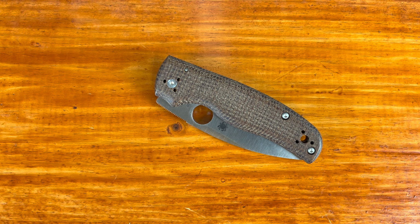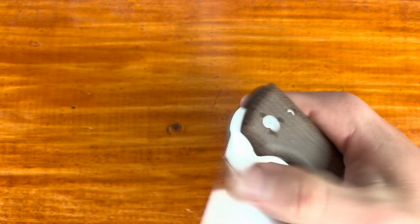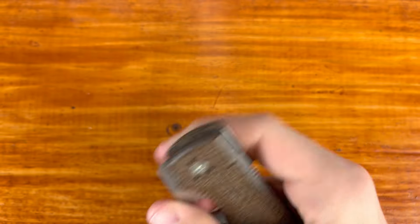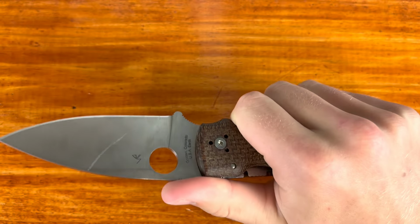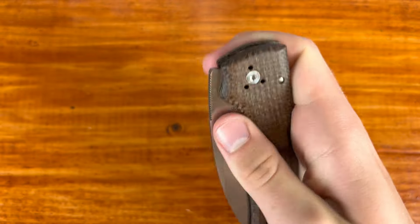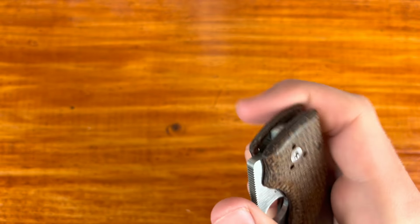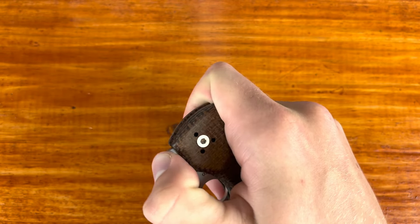For the action on this, action is good. It flicks out good and closes good. There is the issue with the nub, if that's a deal breaker for you. That is kind of weird, but yeah. Action is overall good. I think you can front flip this thing, which I am a horrible front flipper, so